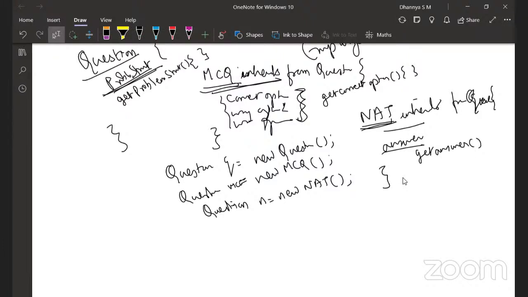Now, you want to invoke, say, Q dot problem statement. I don't know if I will be confusing you more with this. You can actually create instances of MCQ and assign them to objects of type question. So if I tell you Q dot problem statement can be accessed, MC dot get correct option, N dot get answer, these can be accessed.